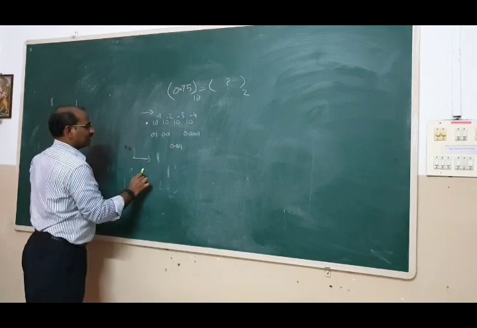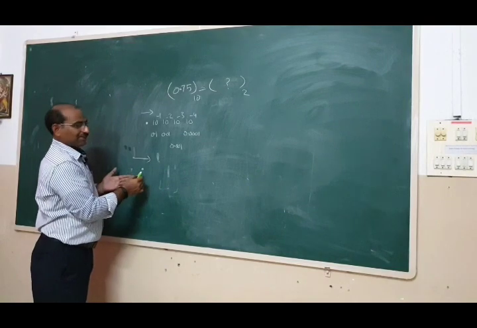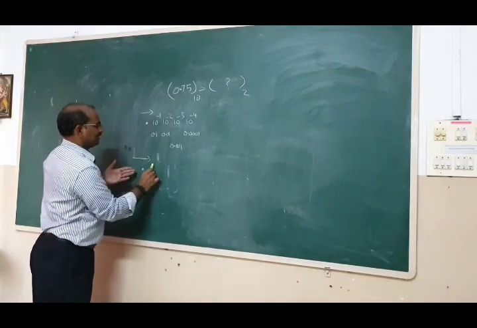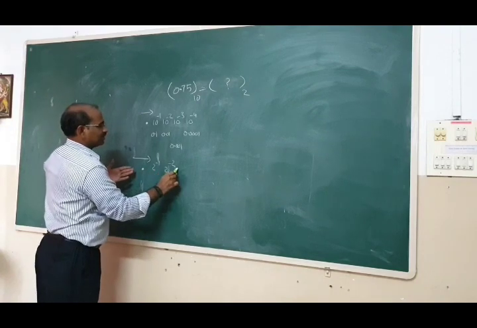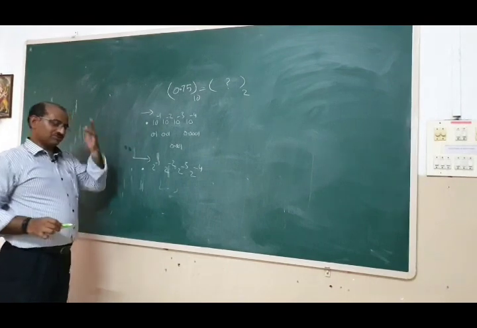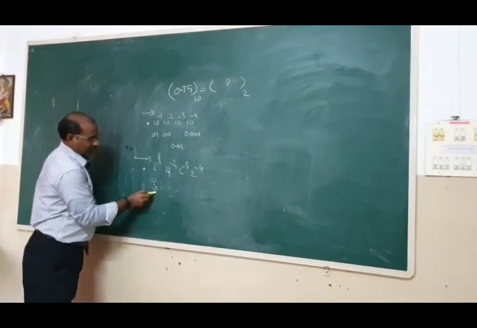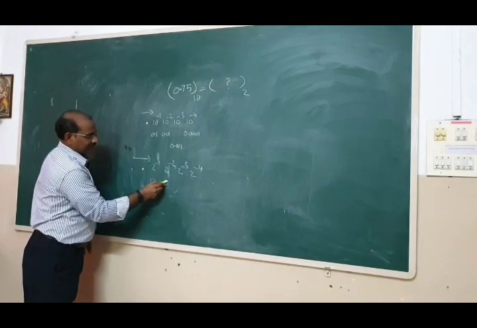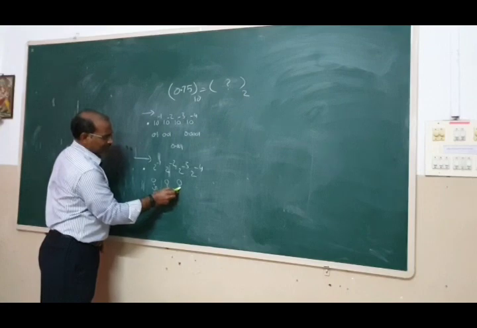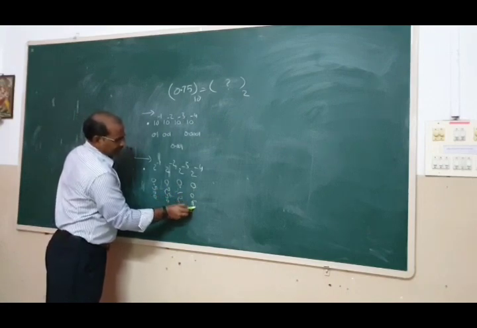Similarly, after this point, say let us call this the binary point, binary decimal point, binary fractional point, then we write here 2 power minus 1, 2 power minus 2, 2 power minus 3, 2 power minus 4. What is 2 power minus 1? 1 by 2. 1 by 2 is nothing but 0.5, then this is 0.25, and this is 0.125, and this is 0.0625.